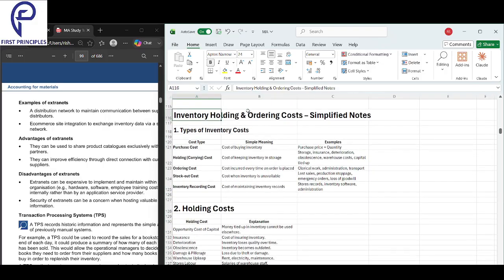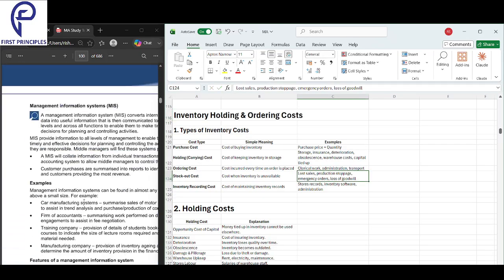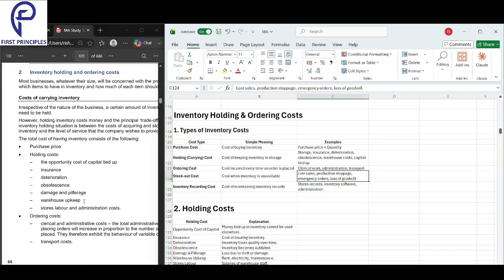Now looking into inventory holding, what about that? Let's get a strong understanding of the same. P is done, MIS is done. Features we have differentiated. Now let's look into inventory holding and ordering cost, types of inventory cost and everything around